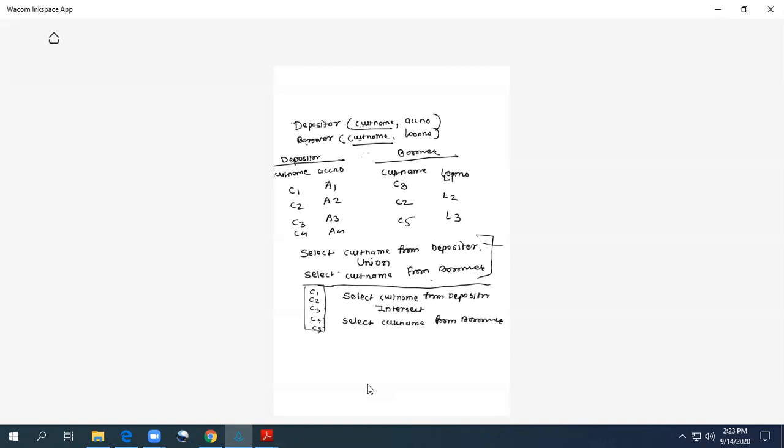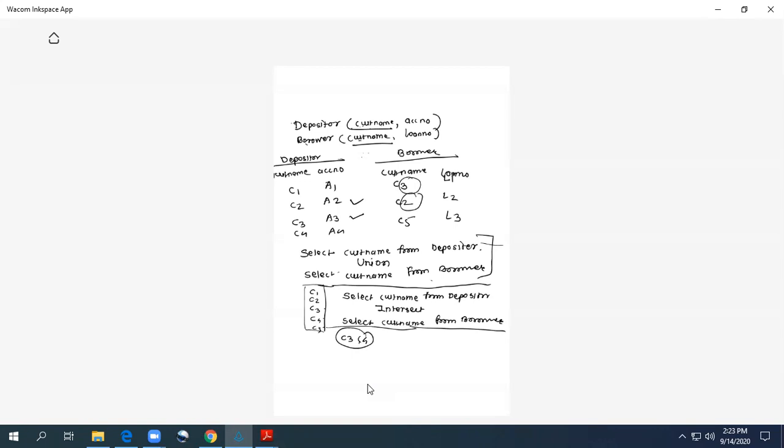So the result of this query will be the customers who are having both the accounts. In my example, the C3 and C2 customers, right? C3 and C2 both are appearing in both the tables, right? So that is the intersection of my depositor and borrower tables. So in the result, it will display what? C3 and C2 customers. I hope, student, you are clear with this solution.